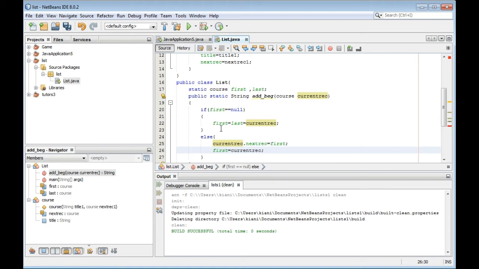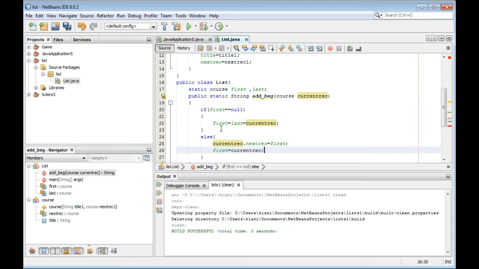So in the beginning, if there is no record, then we have first and last as the current record.